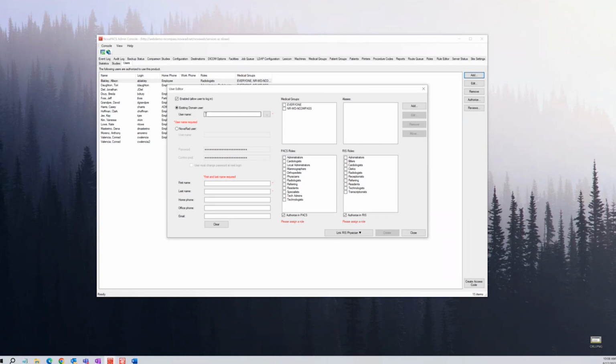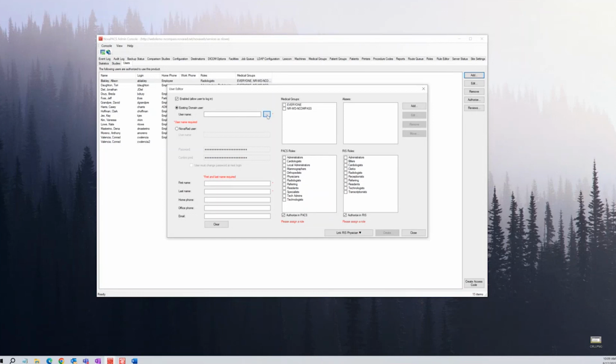Moving down, we need to decide what kind of user we're going to create. The first option is an existing domain user. So if we have a domain trust, we also use LDAP, by the way. If we have some sort of a trust between the Novarad domain and the hospital domain, we can utilize that to limit the number of times we have to enter our username and password.